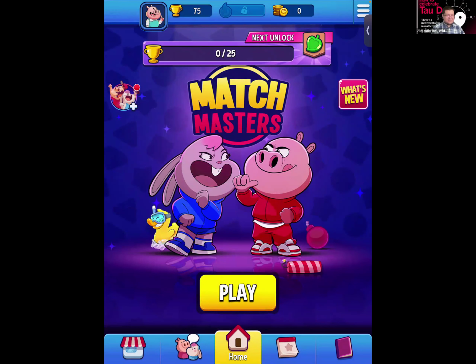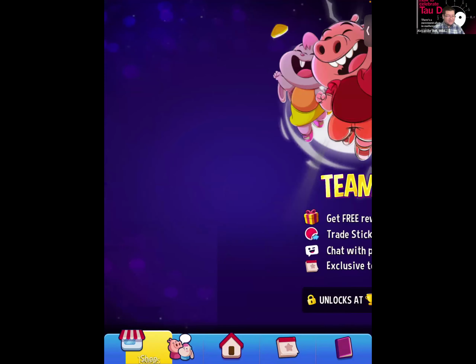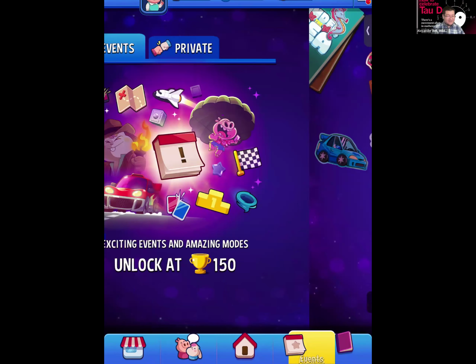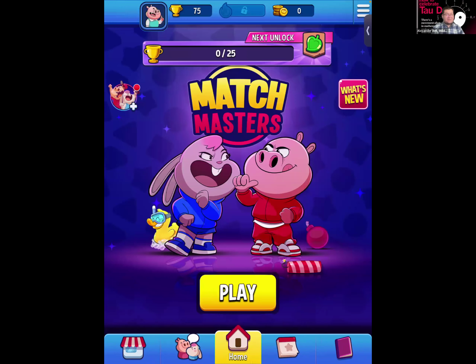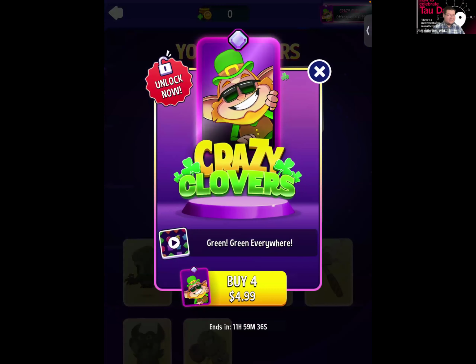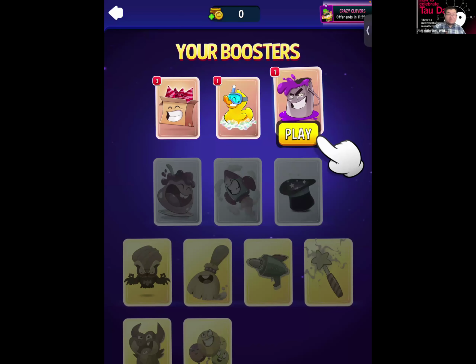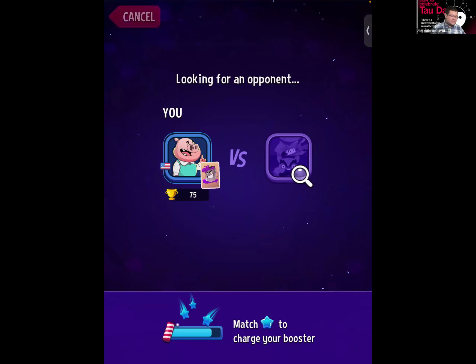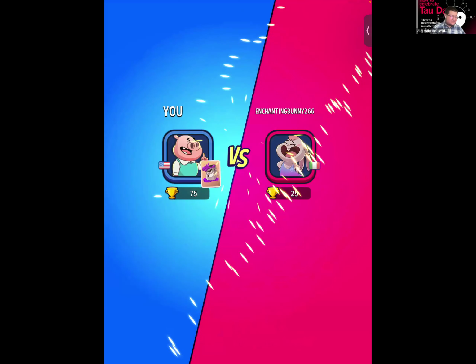This is Match Masters, and if you want to play, of course, you have this little toolbar right here where you can see some of the different options that you may have. But I'm going to go ahead and hit play. And of course, they give you tutorials. So if some things don't make sense right now, as you play, the more you learn. So I'm going to hit play, looking for an opponent.